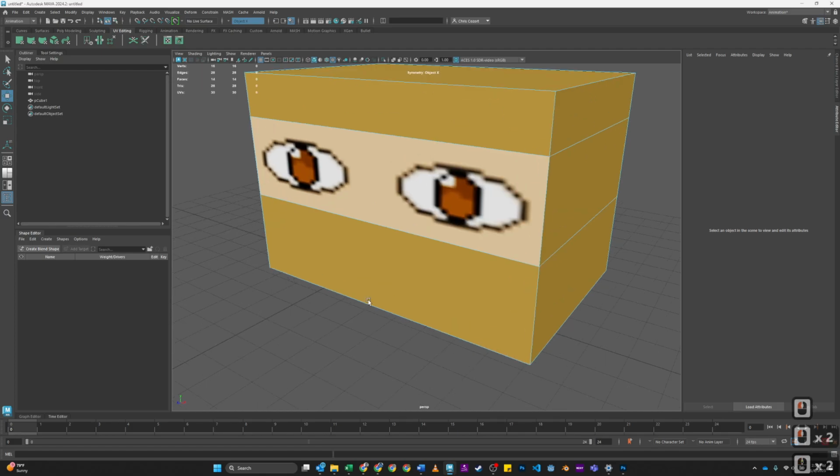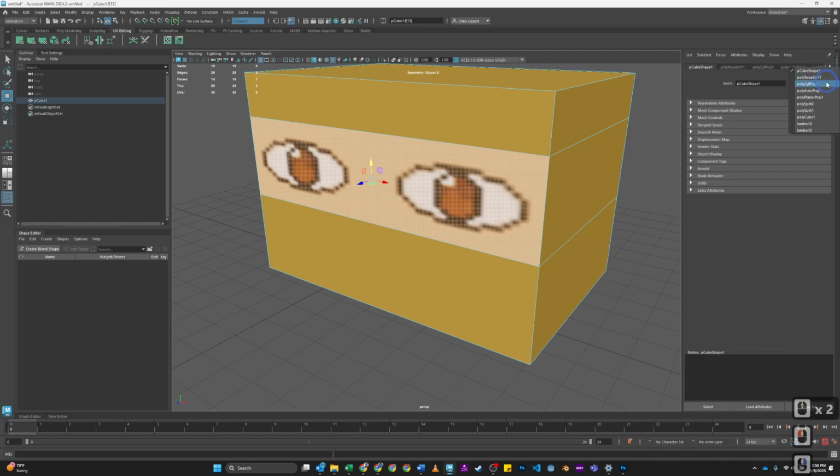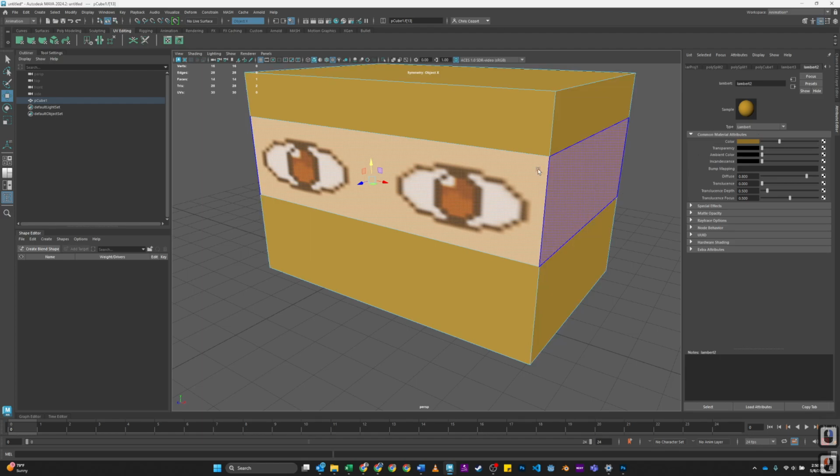So the way in which we make them blink is when we click on this and we right click over here. We've got Lambert 2 and 3. Lambert 2 is the color of the, we'll just call it the clothing or the cowl, and Lambert 3 is the actual blink or eye material. We're going to go to Lambert 2 and just label this because it's good practice. We'll call it clothes, like that. And then over here we'll call this blinking